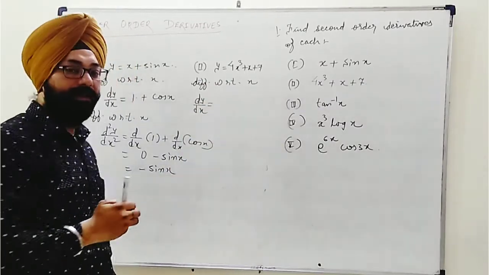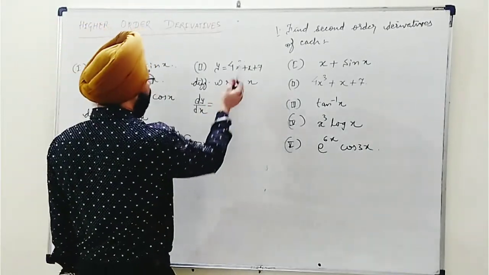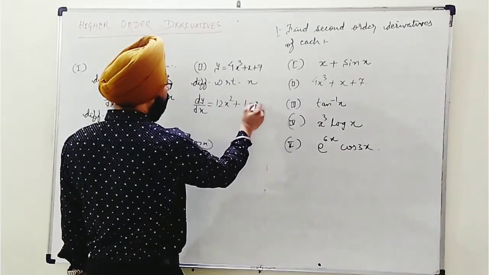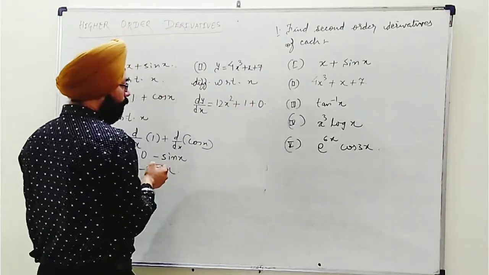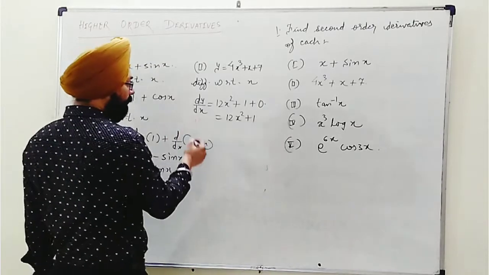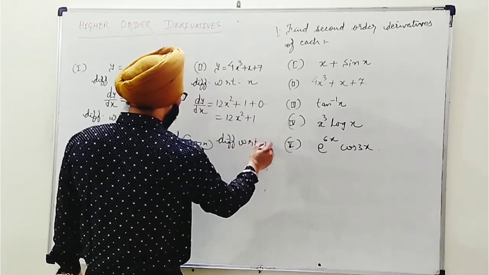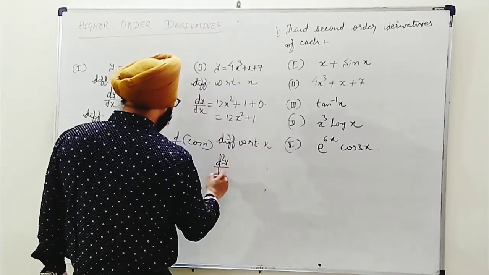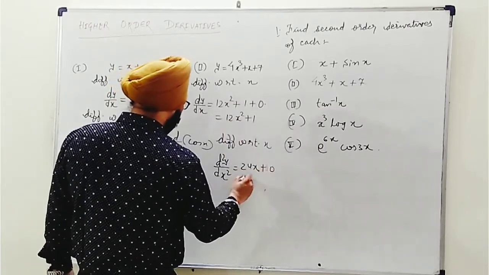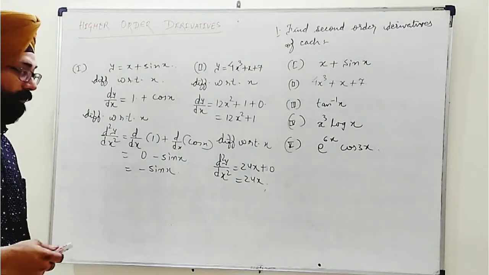Now, I am expecting that so far you have understood how to do it directly. Each term separately we can do. This will become 4, 3s are 12 x square plus x will be 1 and 7 is constant alone, so will turn 0. So this is 12 x square plus 1. Now, as we need second order, differentiating once again with respect to x, we get d square y by dx square to be 12 2s are 24x and this second term will be 0. So finally we get 24x. So I hope these two questions are clear to you.